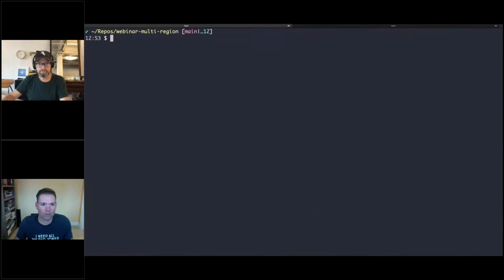I'm on a Mac, so I'm in a Mac shell right now. But it's really easy to kick this off. All you have to do is write cockroach demo. We're going to create a global database that has 9 nodes, and we're going to make the cluster empty. That basically means we don't want any sample data.